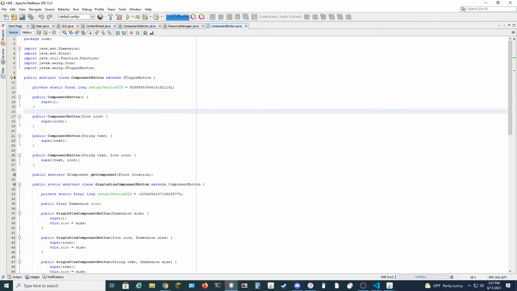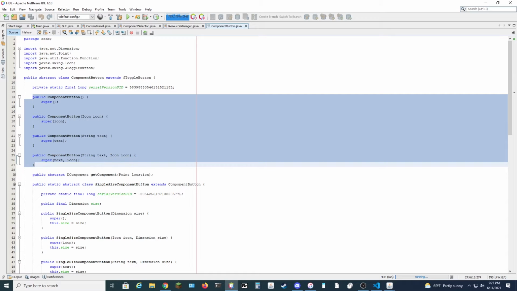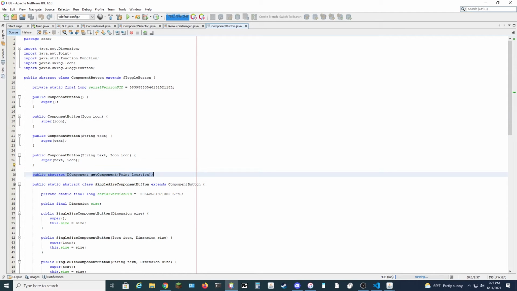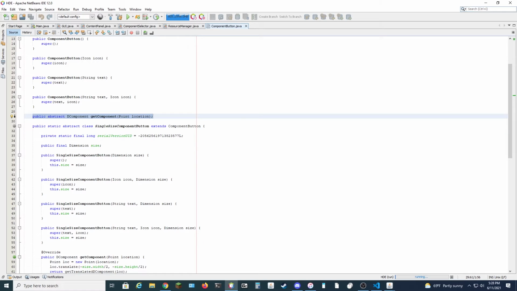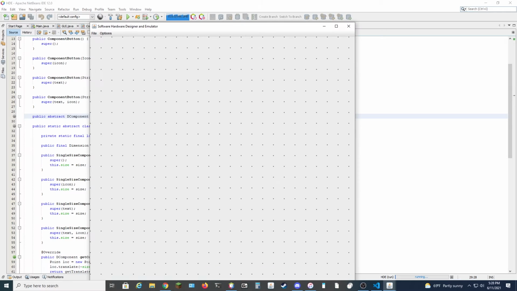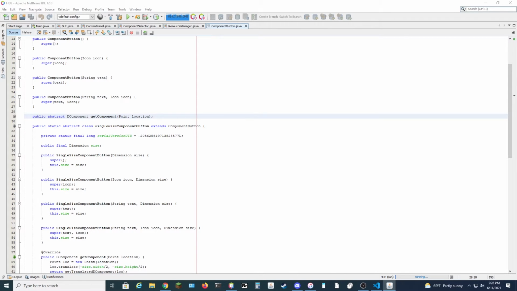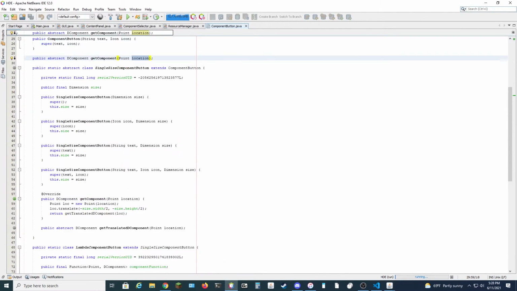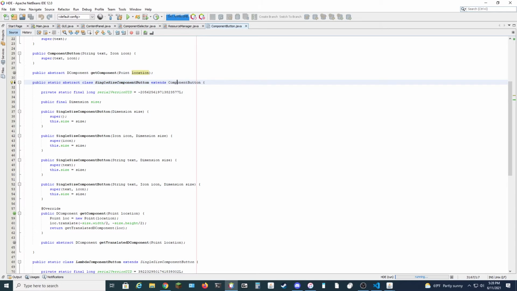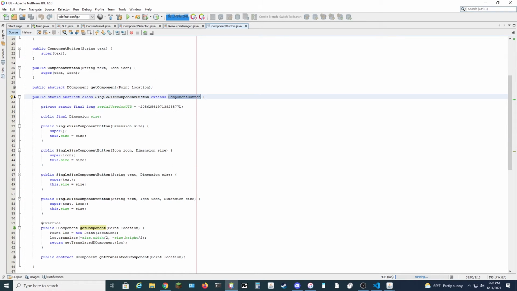And it will just be defined as having all the same constructors as that button, but it's going to have an abstract method which is going to return a DComponent, which is just the class name for having a component on the frame. So this is a DComponent at its root, and then given the location at which you want to put it. And so you can see that from that we have a single size component button, which is going to be